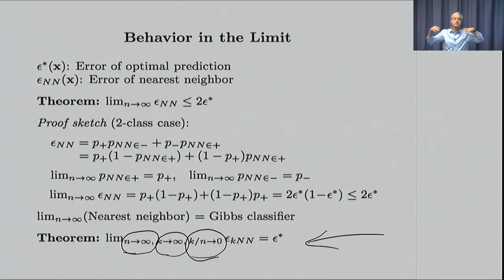Think about it this way. Let's say that k is the square root of n, or log of n. Let's say that for k you use log of n. So as n goes to infinity, k also goes to infinity, but the ratio between them goes to 0. You can make things be this way. It's completely feasible. In that case, lo and behold,